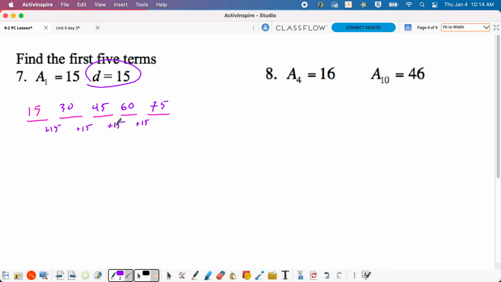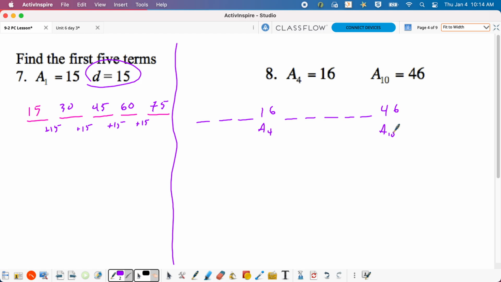Number 8 comes out to be a little bit different though, because this is my situation. I don't know my first 3, but I know my 4th term is 16, 5, 6, 7, 8, 9, and my 10th term is 46. This is what I have. And the problem wants me to find the first 5, so the problem wants these. But we're going to need all of it to be able to get there. So if I look at my formula, a sub n equals a sub 1 plus n minus 1 d, to be able to find those first 5,